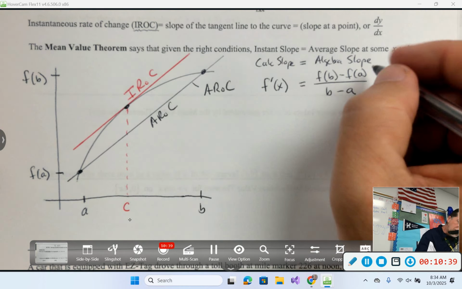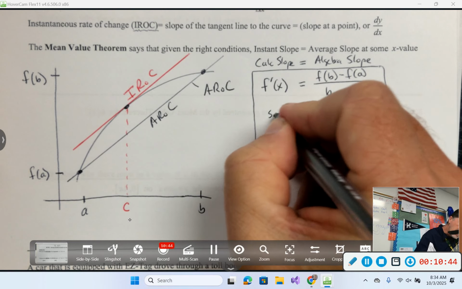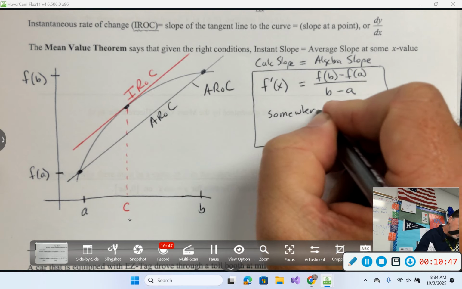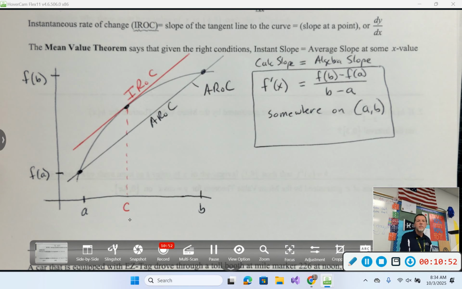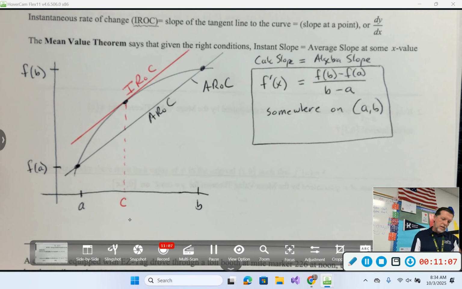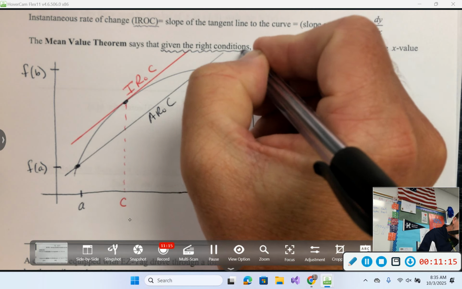Well, I mean, that's pretty much it. I left a little bit of space there because I need to add somewhere on A to B. Somewhere between the endpoints, the calculus slope will equal the average slope. I kind of glossed over something, and I wonder if now would be a good time to talk about it. This, given the right conditions,